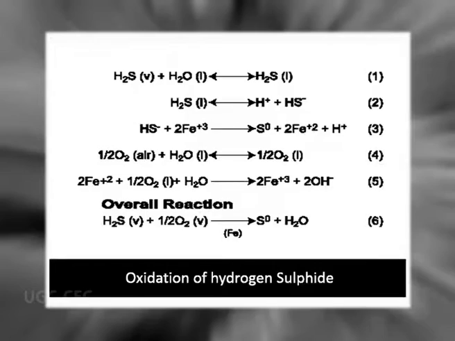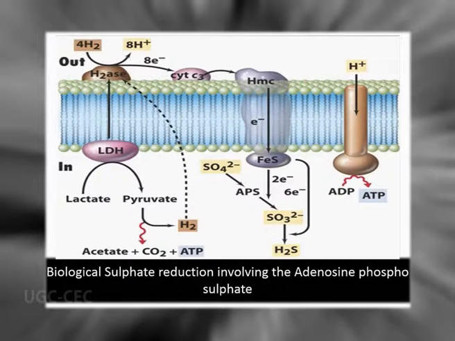So when we consider the oxidation of hydrogen sulfide, this is a very common process where H2S will be converted step by step into S0 state. You can understand there are at least 6 different stages where iron is very much important as a catalyst. And ultimately this S0 will be available to nature. Maybe it will bind with hydrogen to produce H2S.